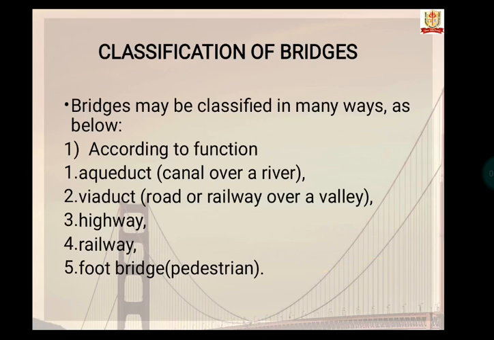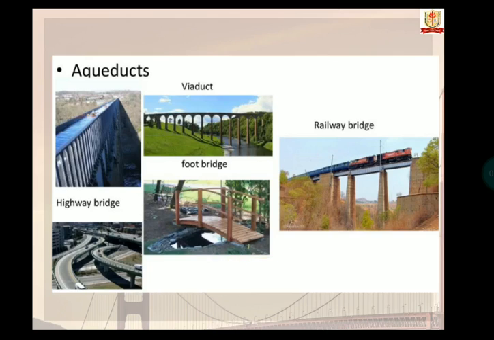Okay. So the first topic of our chapter is classification of bridges. Bridges may be classified in many ways as below. First is according to function: aqueduct, viaduct, highway, railway, footbridge. Aqueduct, the drainage structure provided to pass the natural stream without changing its original bed level, is known as an aqueduct. Viaduct, it is a long continuous structure which carries a roadway or railway like a bridge over a dry